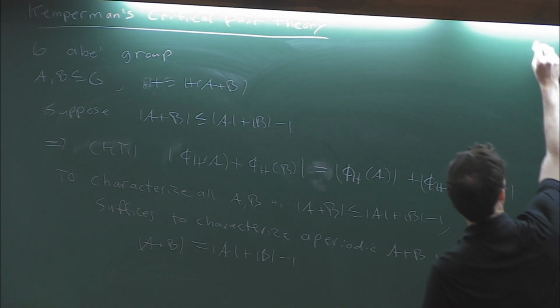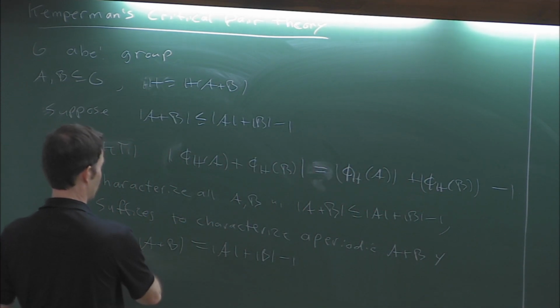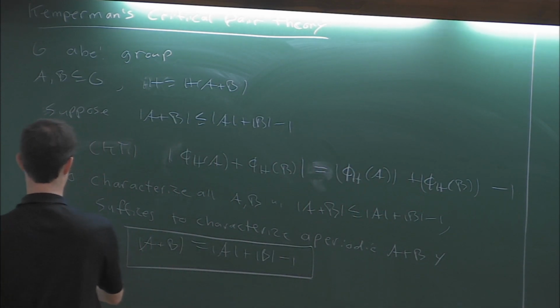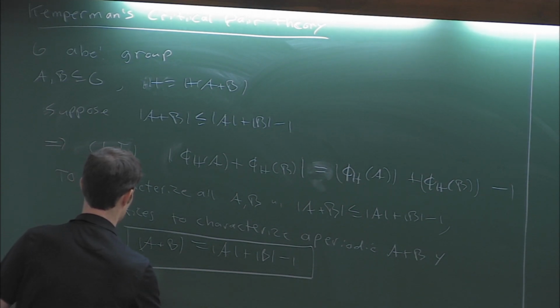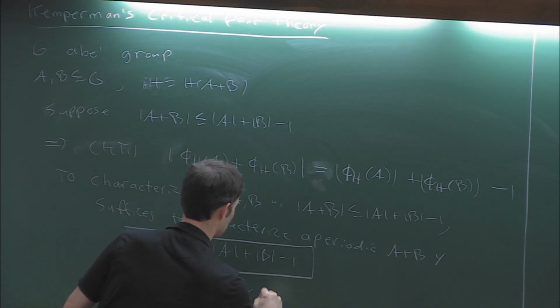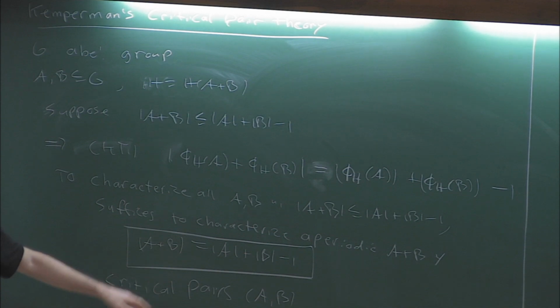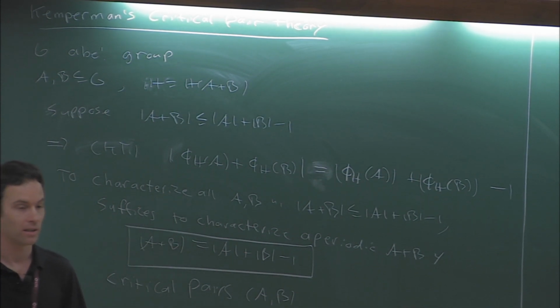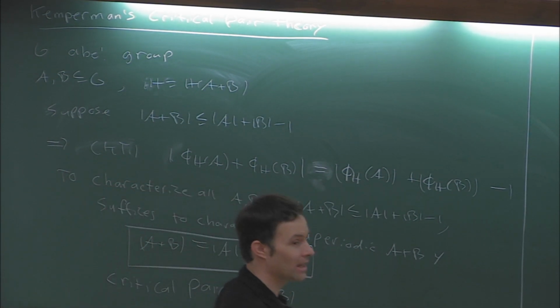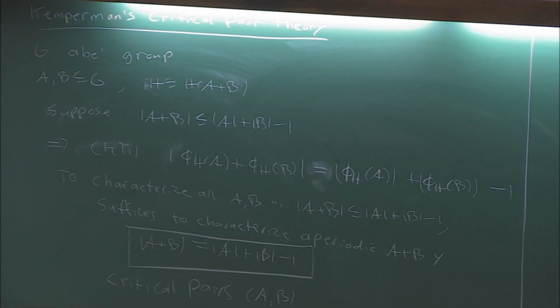Let's take a look at what kind of sets could satisfy this bound over here. So we're going to think about these as critical pairs. Hence the name critical pair theory. They're the ones that attain this threshold. We want to characterize what they look like. So how can we attain that bound? And there are various ways we could do this if we thought about it. Well, one simple way